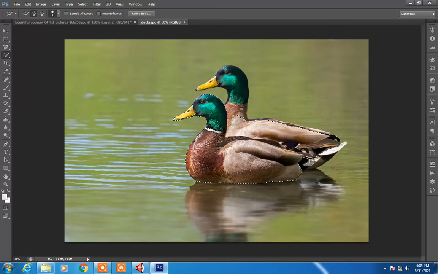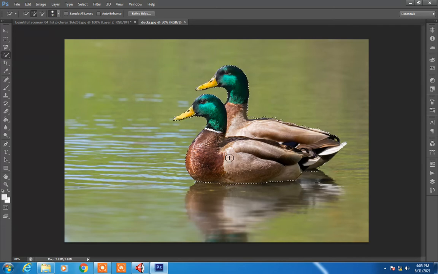Within a few clicks all the required part will be selected. So over here we have selected the entire duck which we wanted.